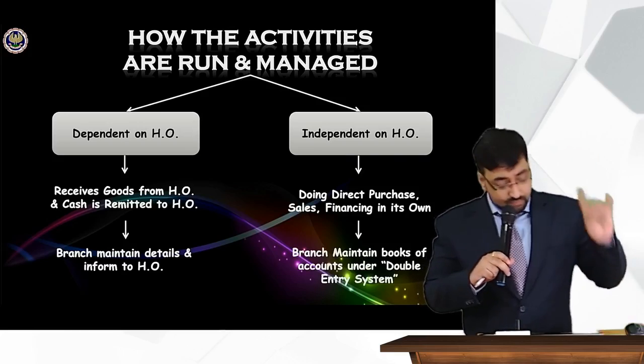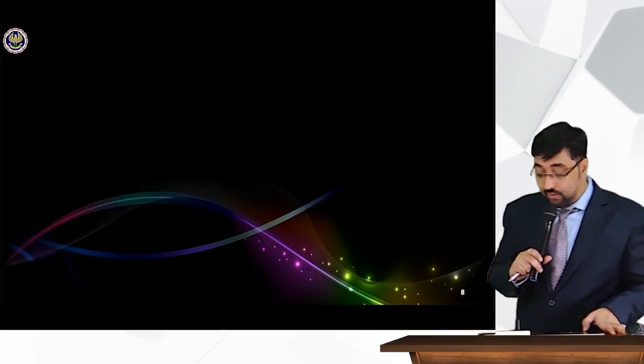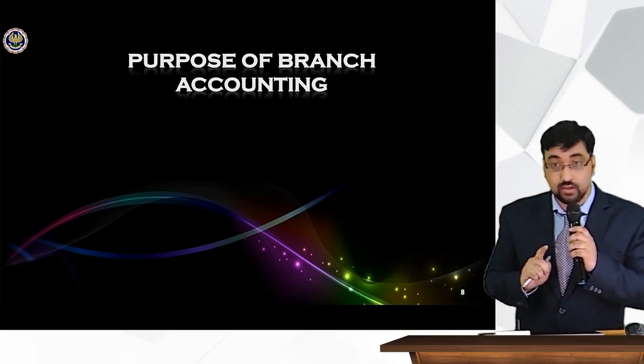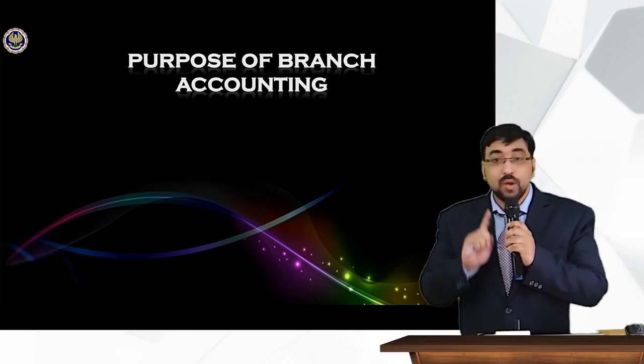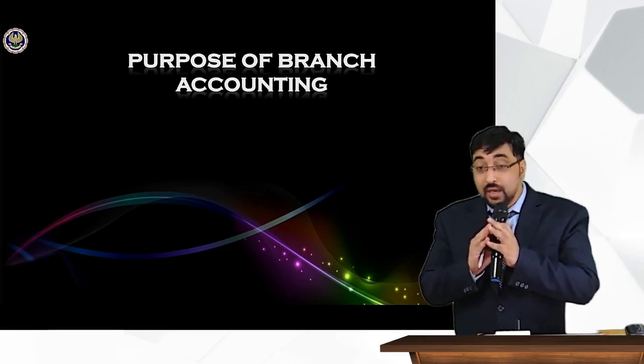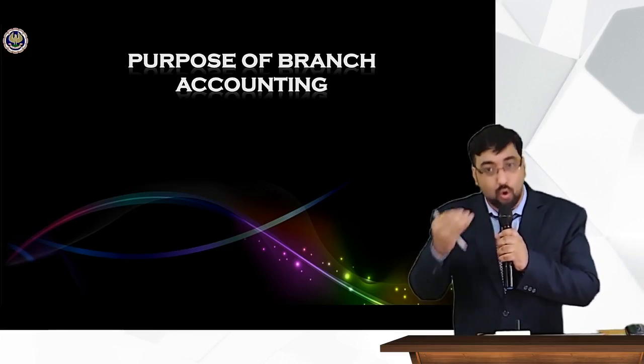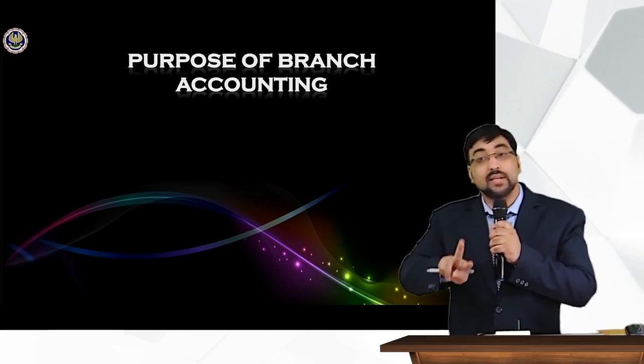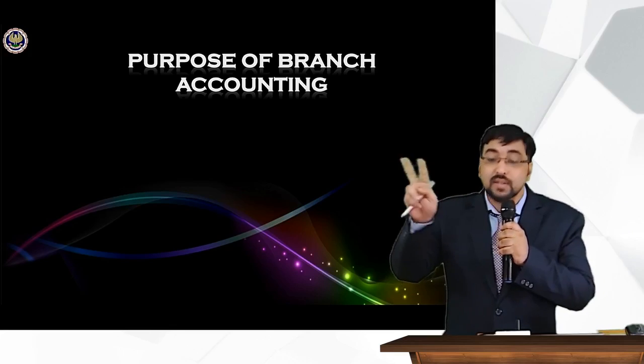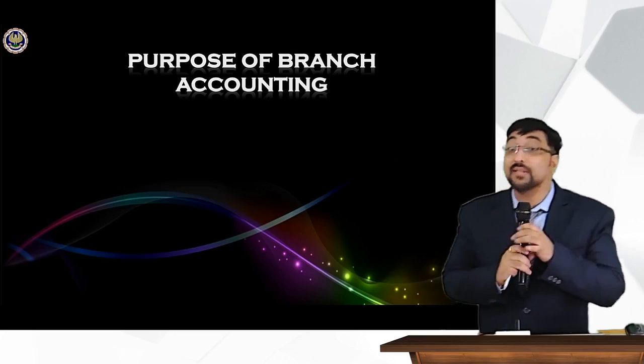Friends, at that time, if you remember, I gave you one shortcut on how to remember the debtors method and the stock and debtors method. In the first session, we are going to see the dependent branch, and in the dependent branch there are two methods of finding out profit. If you remember, in the first, goods are sent at cost, and in the second, goods are sent not at cost but at cost plus some price, which is known as loading, and that is the invoice price.